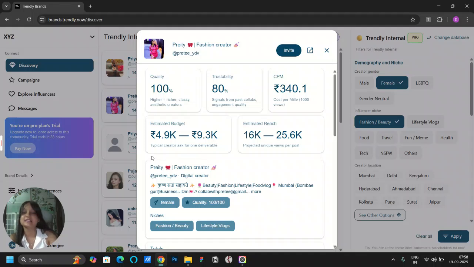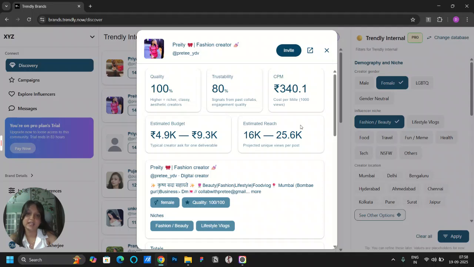Okay, so as this is an AI generated result, definitely with this influencer you can negotiate, and definitely you can do it at a lower budget also, and every budget might be comparatively lower or higher than this budget, but mostly this gives 90% of the result correct, and this influencer is within this budget.